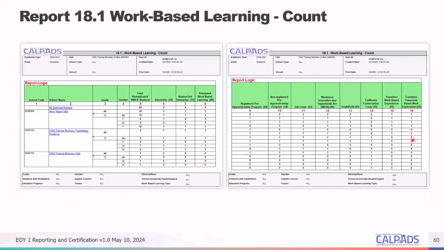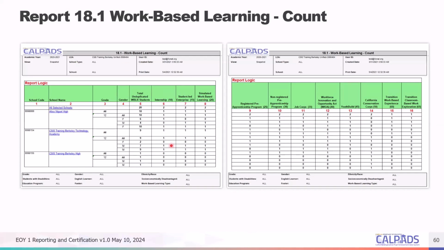18.1, work-based learning count. This essentially counts all of those students who completed courses and you submitted work-based learning records for those students. So again, make sure that those students are in specific courses that endorse the different work-based learning.